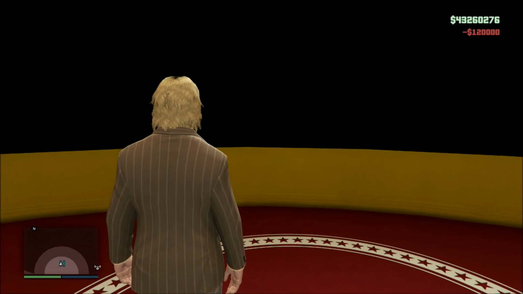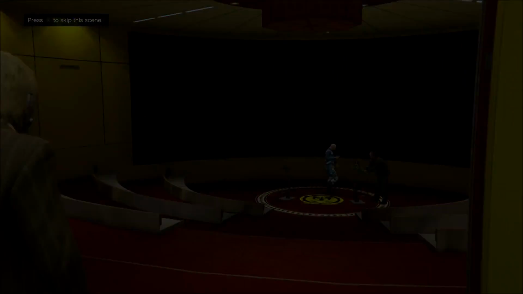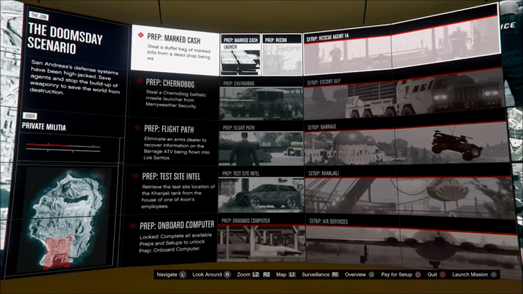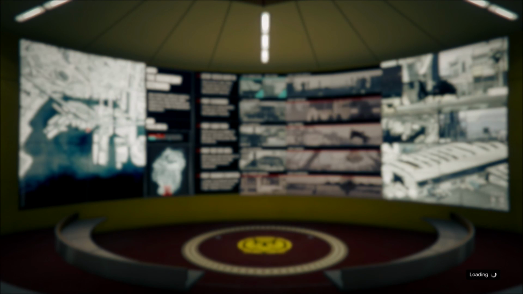It's Professional here today, and today we have the Act 3 Doomsday Guide for Criminal Mastermind. On this guide, just like in the last one, we are going to be ignoring the prep missions, because the prep missions are pretty easy on this, and they're not really relevant, because you have to do them for the Criminal Mastermind, but they're very easy, and you can't die on the setup missions, so we're just going to be focusing primarily on the setup missions, and